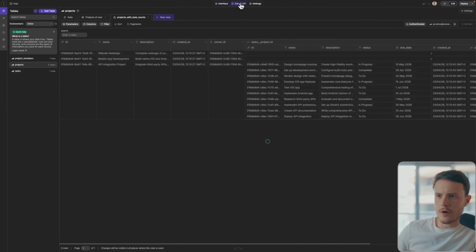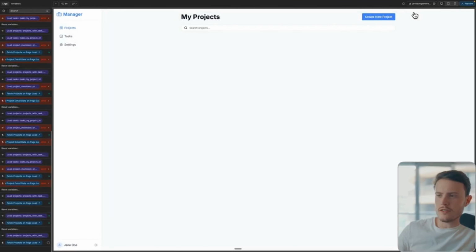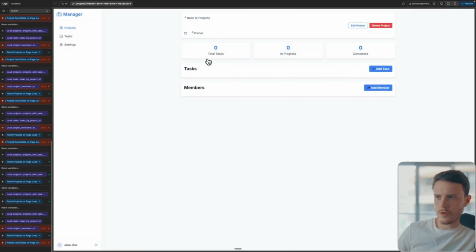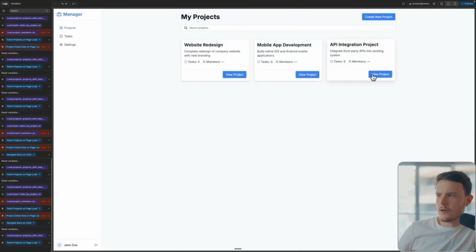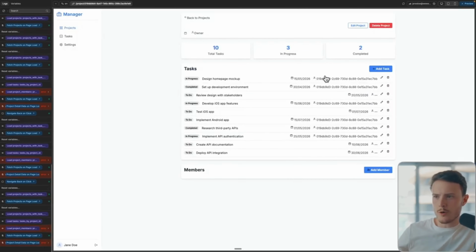And so then now, whenever I try to click on the website redesign project, we shouldn't see any tasks because it doesn't have any tasks. But if I click on the API integration project, we should see all these different tasks. So if I put this into preview mode, if I click on website redesign, we shouldn't see any tasks, which we don't. And if I now click on the API integration project, you can see here, we now see all of those tasks. And you can see dynamically in the URL here, that path is working as expected. So we have the base project path, and then afterwards we have the dynamic ID of the project that we're trying to access. And so this is good